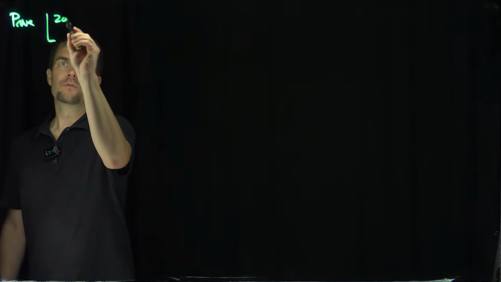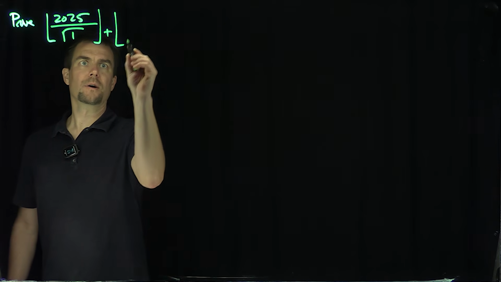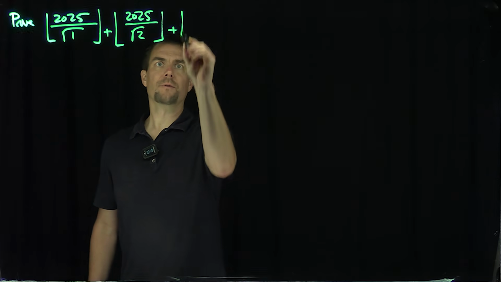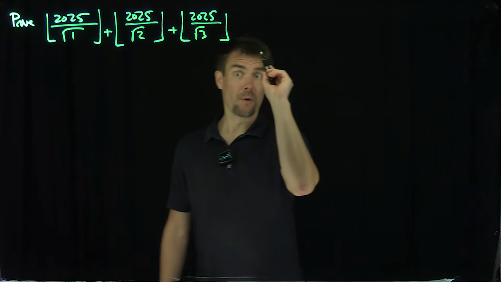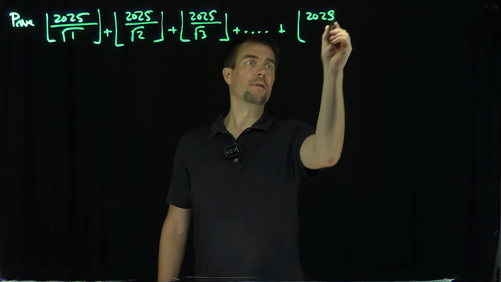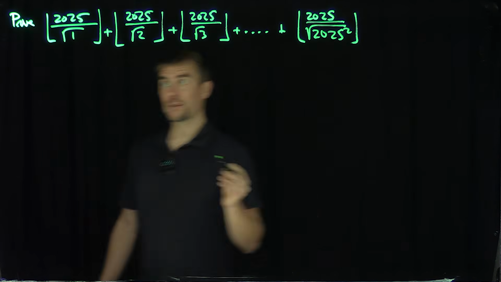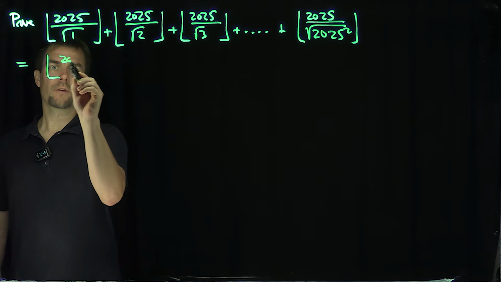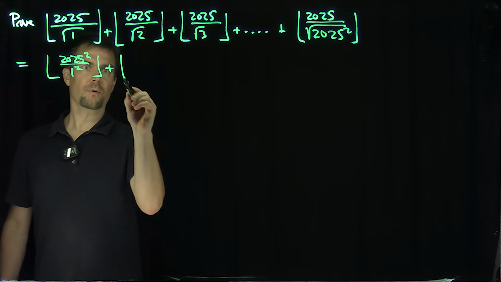that the floor of 2025 over the square root of 1 plus the floor of 2025 over the square root of 2 plus the floor of 2025 over the square root of 3, and we keep going all the way down to the floor of 2025 over the square root of 2025 squared, is equal to, prove that this is equal to, the floor of 2025 squared over 1 squared plus the floor of